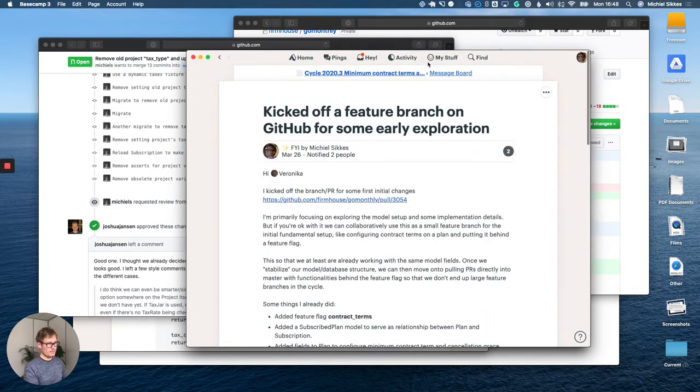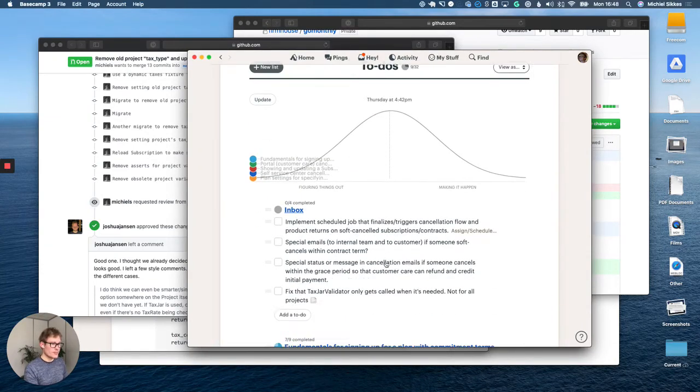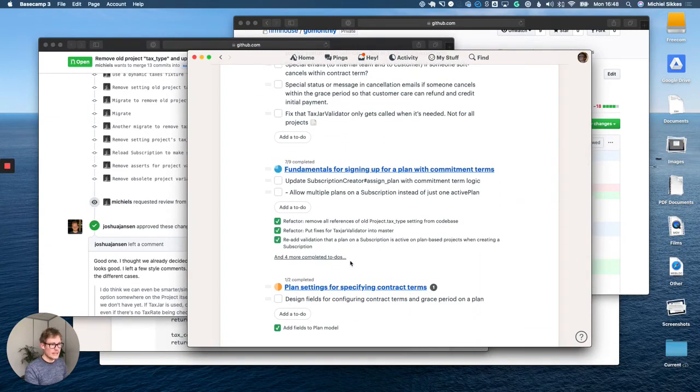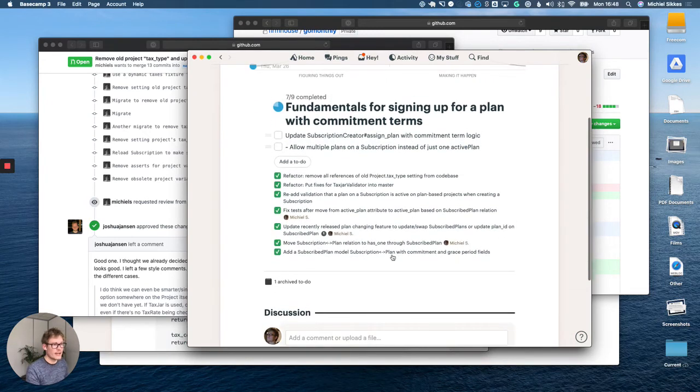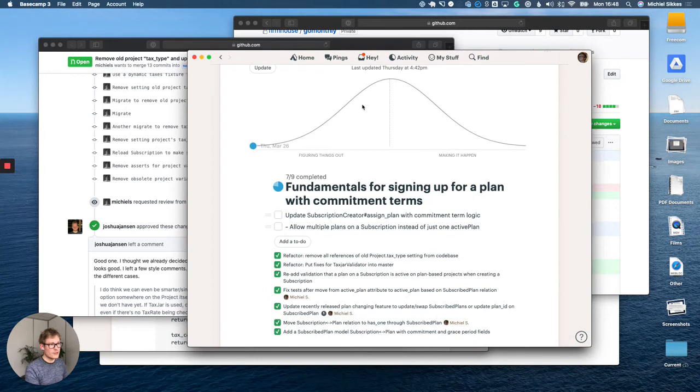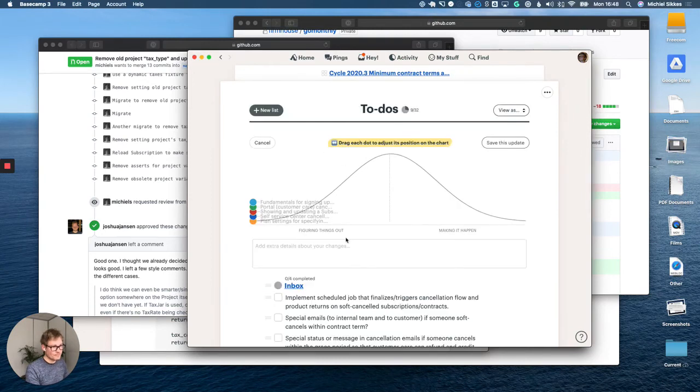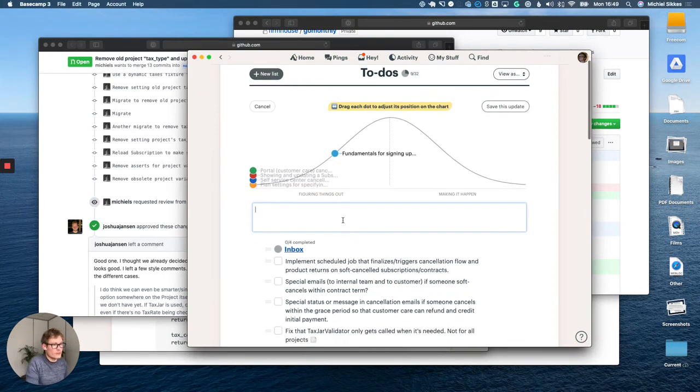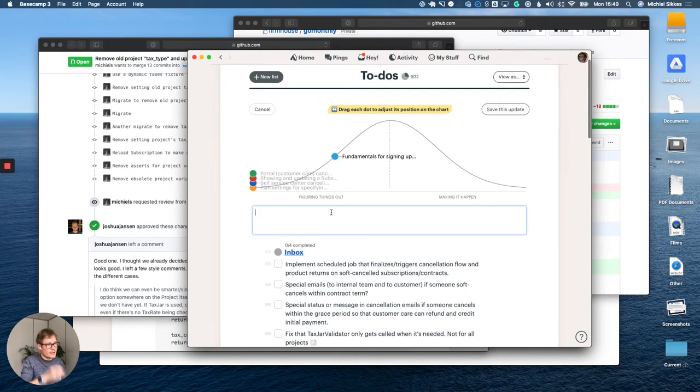And now that I've got some initial startup things out of the way, and I've done the exercise to define our architecture a little bit and communicate with the team, I can actually start moving a few to-do lists from figuring out to making it happen. So I'll do that now. This fundamentals one is I think halfway through at this point. I've done some nice prototyping. I have in my mind how the architecture should look, so I'm just going to write an update about this one. And plan settings is also a little bit,